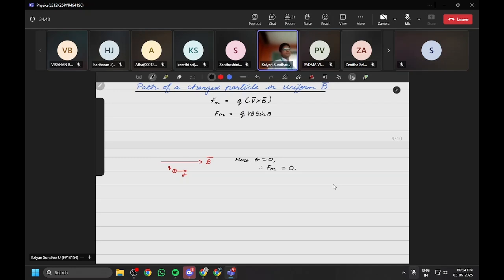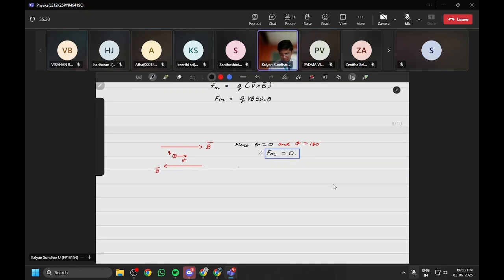What are the other cases where it is 0? One is theta 0, the other is 180 degree. When is it 180 degree? When the magnetic field is in the opposite direction. So whenever theta is 0 and also when theta is equal to 180 degree, either way there will be no impact of the force due to the magnetic field. Okay? So whenever the force produced by the magnetic field is 0,